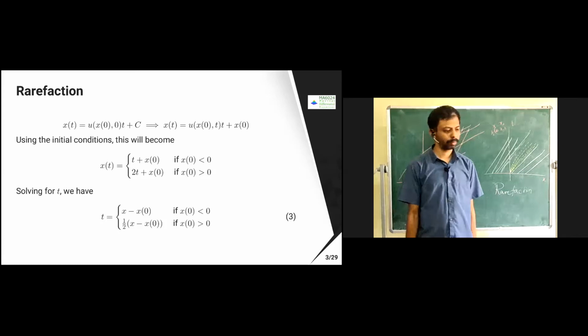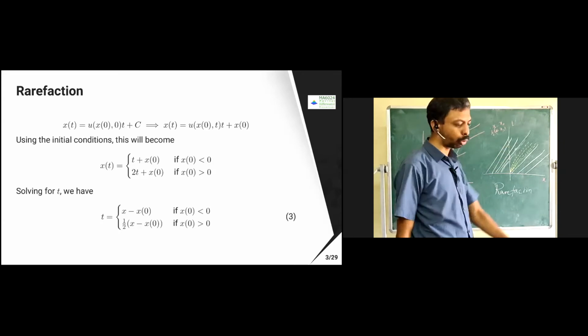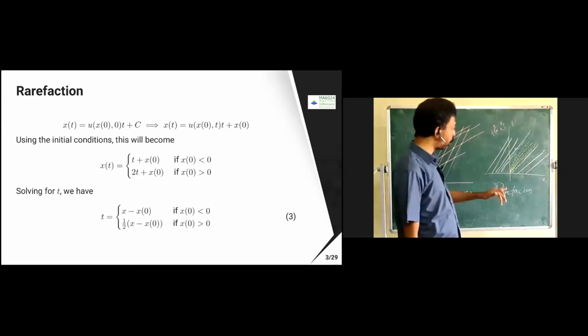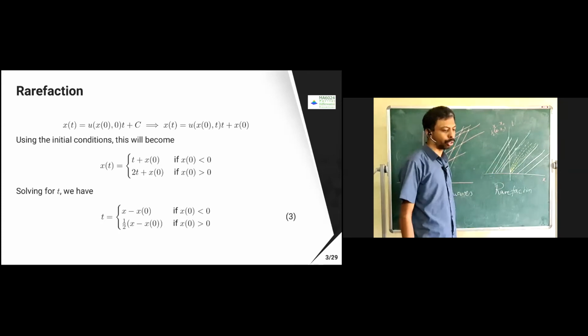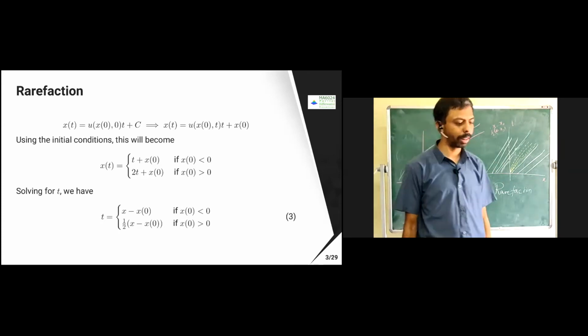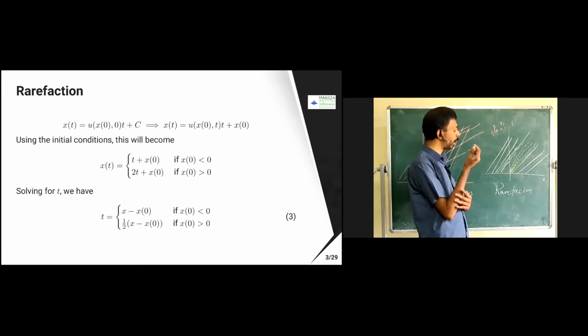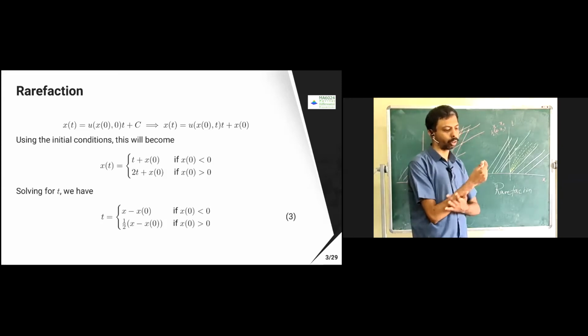What will happen is that when it should pass through the origin, you say x equal to x naught, therefore x should be 0 and x naught should be 0, but x naught equal to 0 is not mentioned here, right? When x equal to x naught and x naught equal to 0, then it may be passing through the origin. But x naught equal to 0 is not mentioned here, and t is greater than 0 mostly, so you have to be careful. So x equal to x naught is not going to happen at any time.